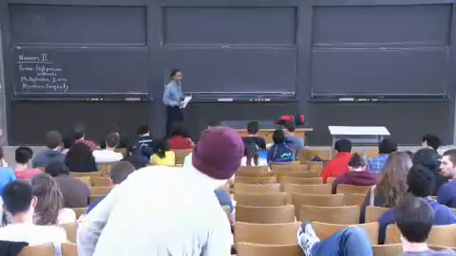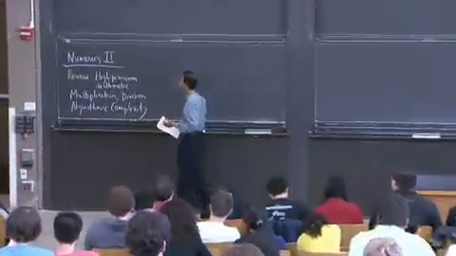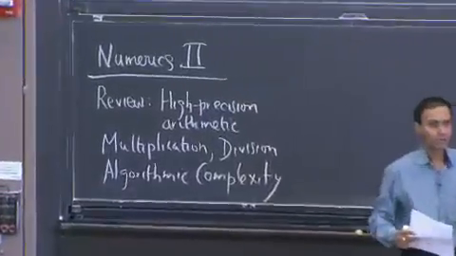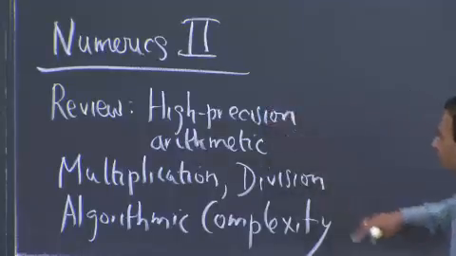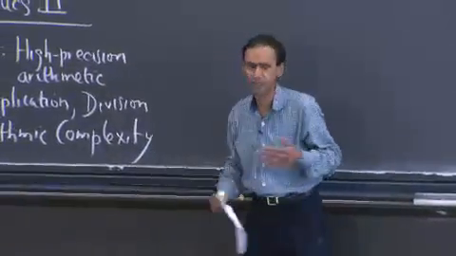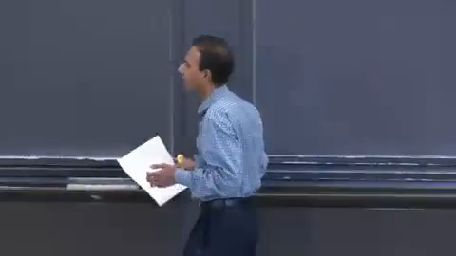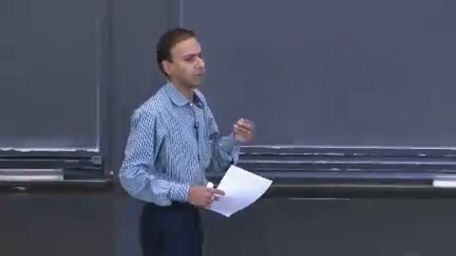Last time, we had this motivating question of finding the millionth digit of the square root of 2, or square roots of quantities that end up becoming irrational. We talked about high precision arithmetic, and we used Newton's method to compute the square roots. You saw a demo of computing square roots, but there's a few things missing. We don't quite know how to do division, which is required for Newton's method, and we didn't really talk at all about algorithmic complexity, beyond talking about the complexity of multiplication.